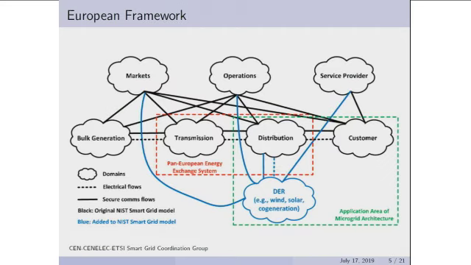Here's a picture from one of the European standard organizations' diagrams. So their clouds are a little less fancy. But it looks pretty similar, except they really wanted to pull out their own bubble. It's called DER. So here we added this to the NIST model. DER is the buzz acronym for distributed energy resource. So it's supposed to be an abstraction that's able to capture all the relevant properties about wind turbines, PV systems, batteries, all these kinds of things, and package them in a way that's relevant for when you want to